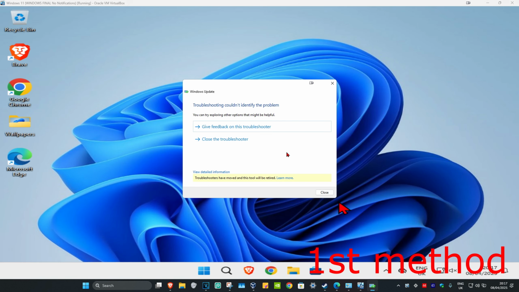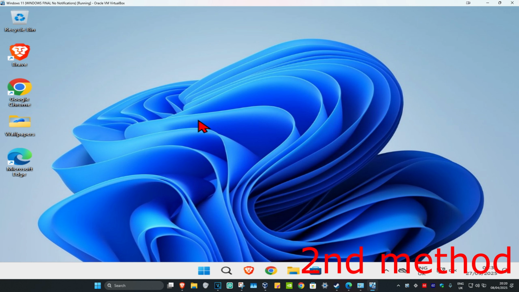Wait for this to load. And then once troubleshooting has been completed, if it detects anything, it will try to fix it for you. See if that works. If that's still not working, then for the second method, you're going to head to search